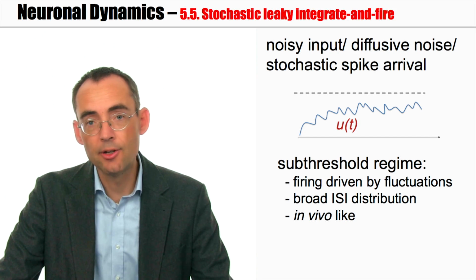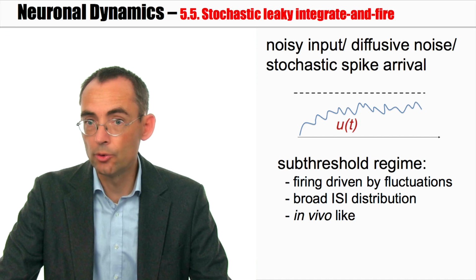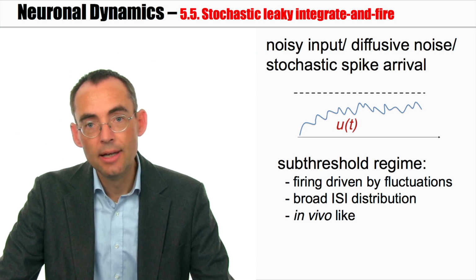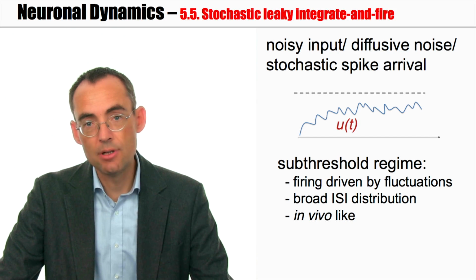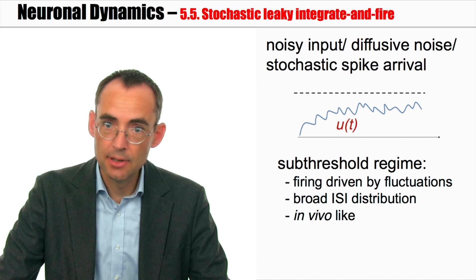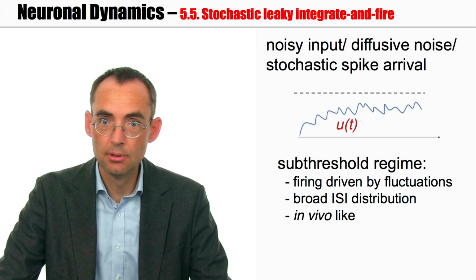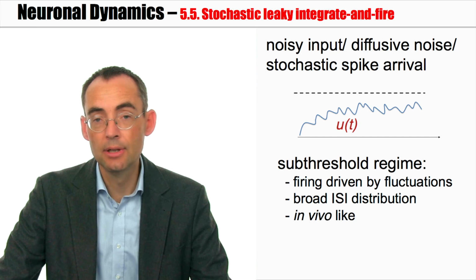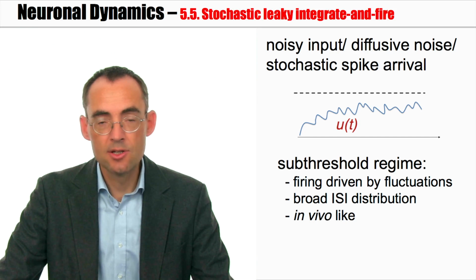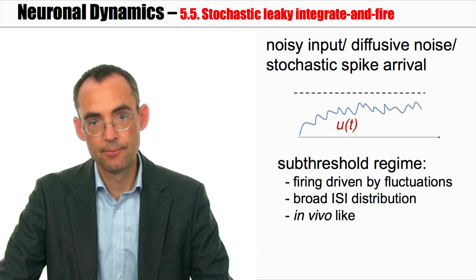To summarize, a leaky integrate-and-fire model driven by a time-dependent input current, where the input current has a mean and a fluctuating part, also called a noisy input part. Such an integrate-and-fire model can be driven in two different regimes. It can be in the superthreshold regime. In this case, the mean input is enough to fire the neuron, and the neuron exhibits more or less regular firing. It's nearly periodic with a small jitter.